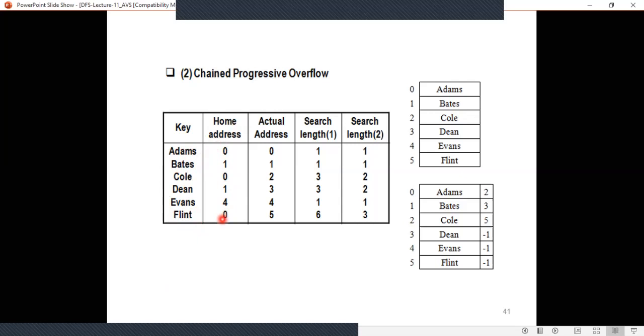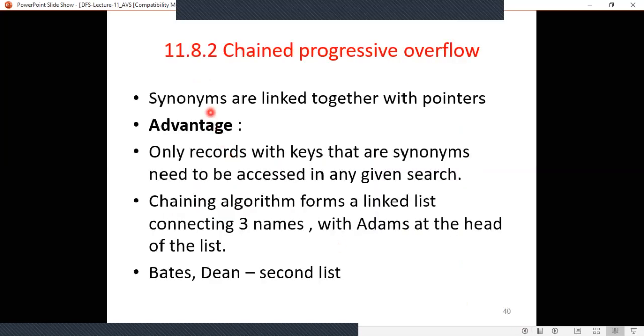Flint, home address is 0. So this forms a synonym. Understood? Adams, Cole and Flint is one set of synonyms. Bates and Dean is another set of synonyms. Why? Because their home address is same. Understood? So synonyms are linked together with pointers. You will use pointers to link these synonyms.